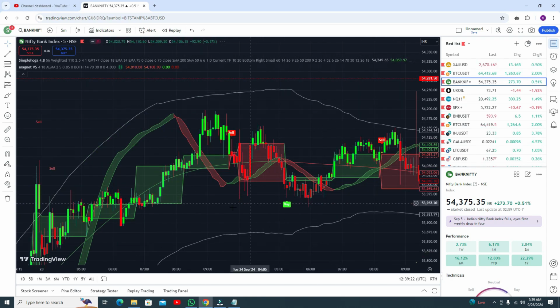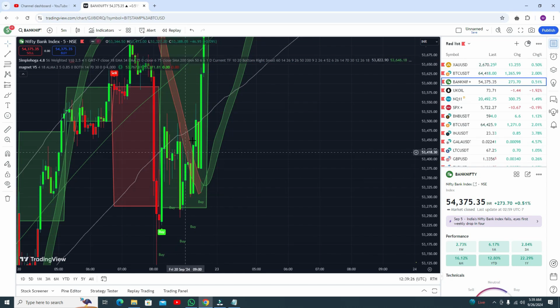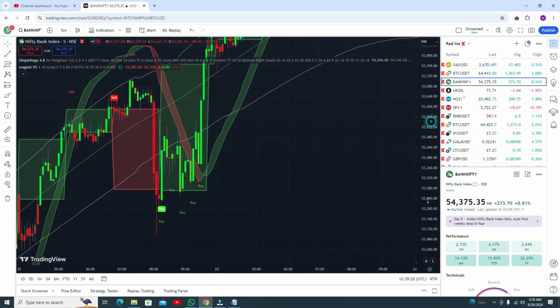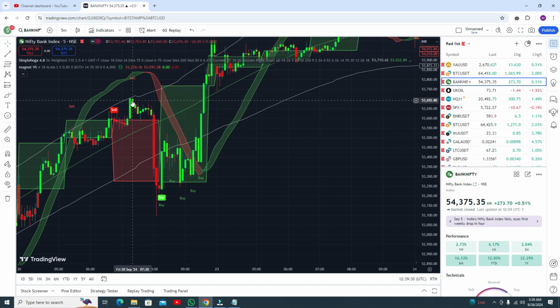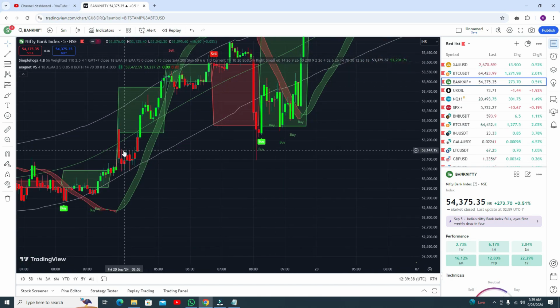Okay, let me show you some more details. This was actually a good buy trade, and you can see accuracy is awesome. Now this one is a sell trade and you got the profit. This is the buy trade and you can see results. Okay, I do not need to tell you, everything is very crystal clear on your screen.